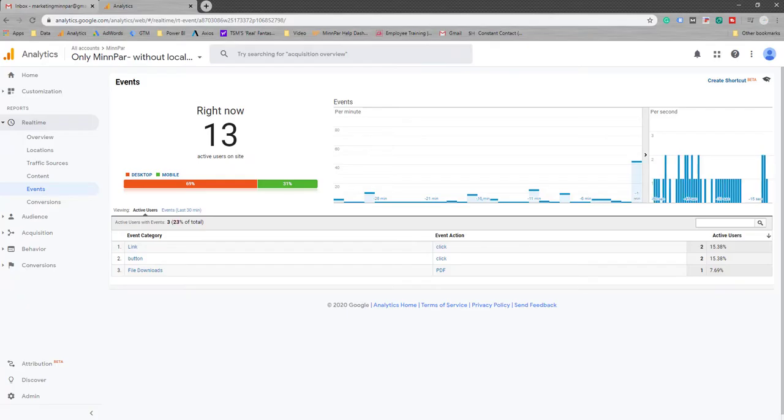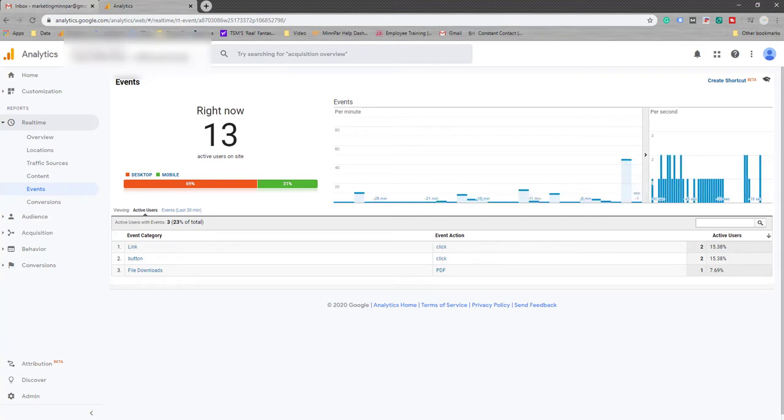Google Analytics 2020 continues, and today we continue with our series of real-time reports. We've already taken a look at the overview report, the locations report, also traffic sources and content. And today we are going to take a look at the events real-time report. Remember, this is where we show marketing professionals and newcomers how to monitor website traffic and to make better business